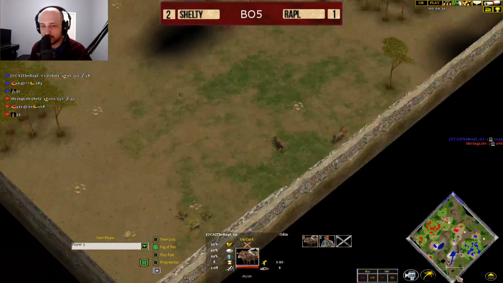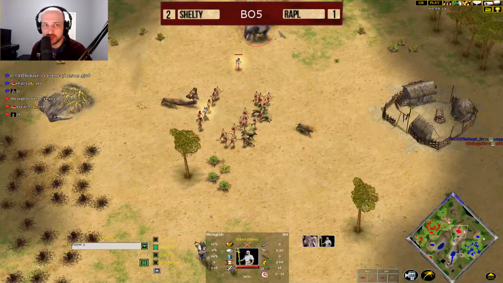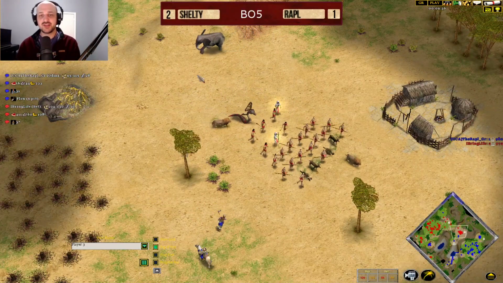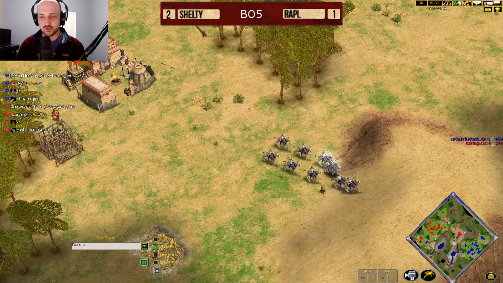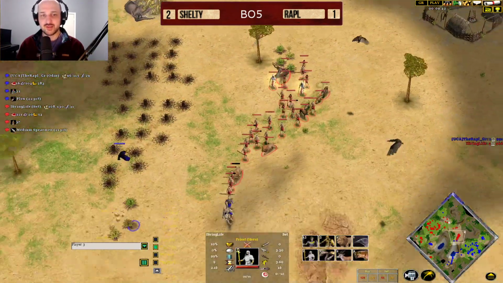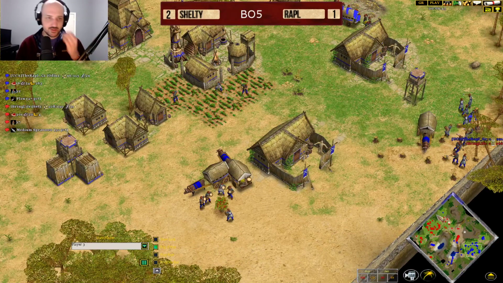And Rapl, well, he's got nowhere really to go. Now all of the elephants are being grabbed by Shelty. There's just no food for him. He does have the food here if he wants to fight for it. It probably wouldn't be a bad idea to attempt to fight for it, in all honesty, because otherwise, starting to farm